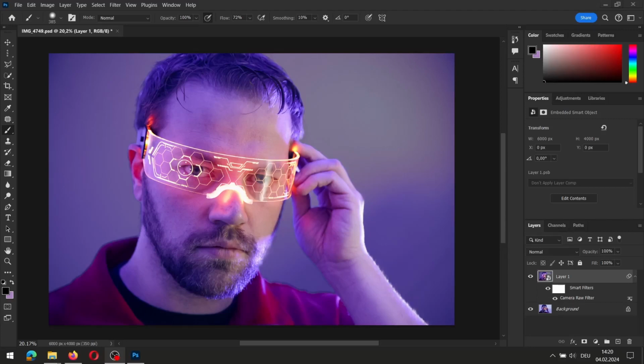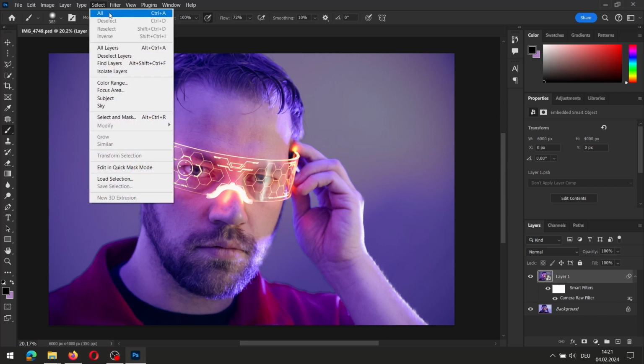Hello again, welcome back to the second part of this tutorial, and here I want to show you how to use Adobe Photoshop's Generative Fill for the background layer. So we have our picture from the last time, which we edited in Camera Raw, and the next thing we will do, we will make a background layer. Make sure to select all,